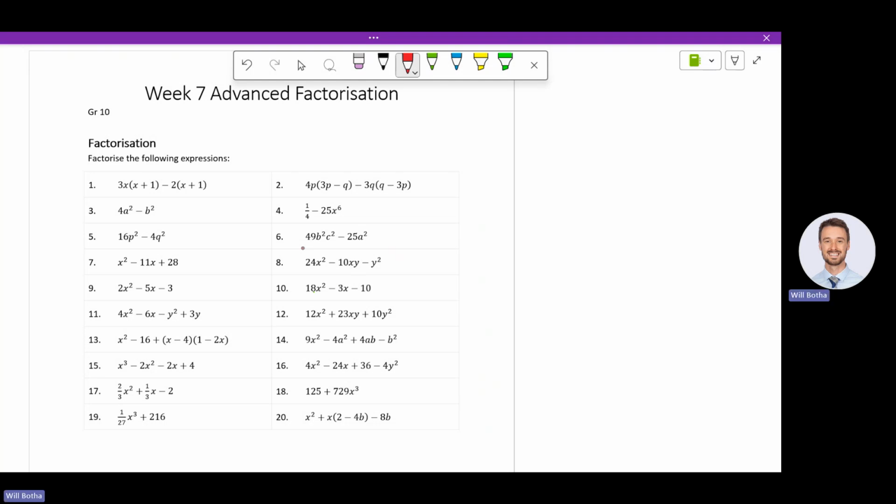What about a common bracket? Yeah. Factorizing out a common bracket. When we did factorizing a common bracket, we also learned how to change the sign. Sign changing. Okay? We did a lot of those.